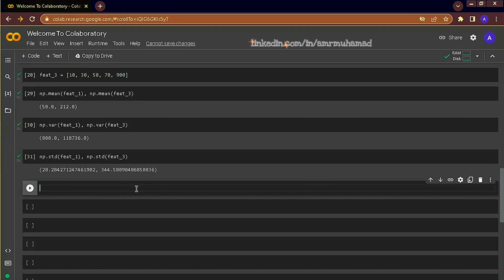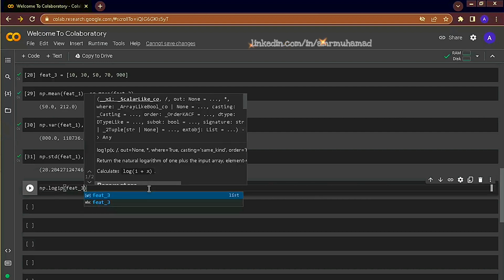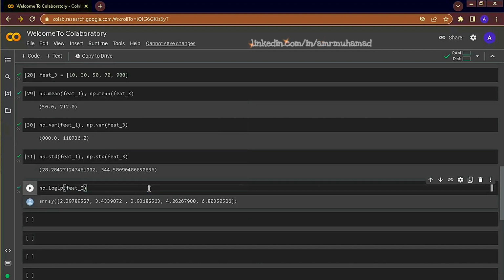One way to control the effect of outliers is to use log transformation, and log transformation basically decreases the scale of the values to a given base. For example, log1p just adds 1 to each value before it starts the log transformation. This is basically because if you have 0 in the range, it adds 1 to avoid log of 0.